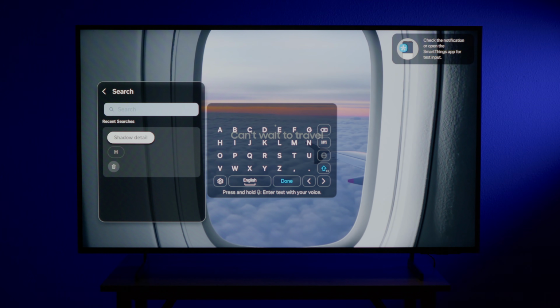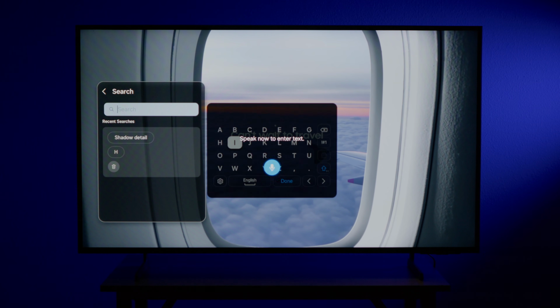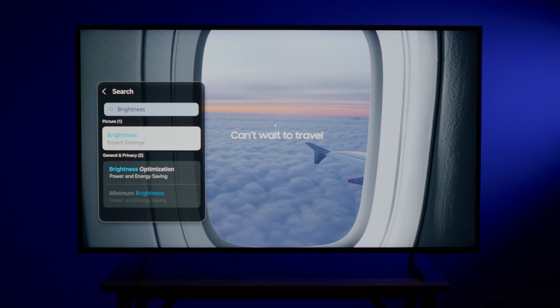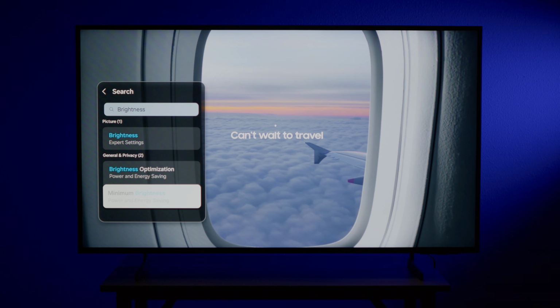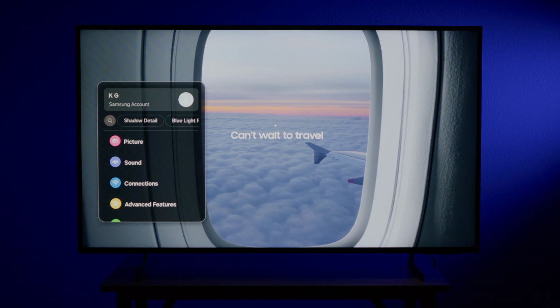You can see I did a recent search of shadow detail, but I also could use my remote and do a voice search that way, and I could do brightness. You see brightness shows up on the results, and you can also see there's another thing that has brightness in the name, which is going to be brightness optimization. So this could be really handy if you're looking for ways to change the brightness of your TV. So I think this is going to help a lot of users out to help you get in and out